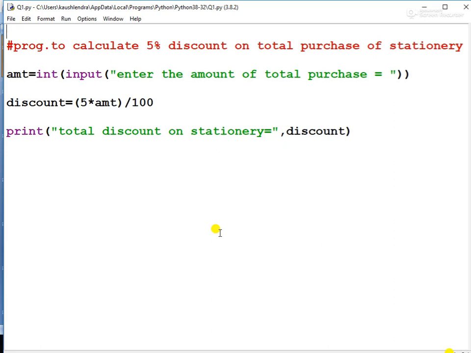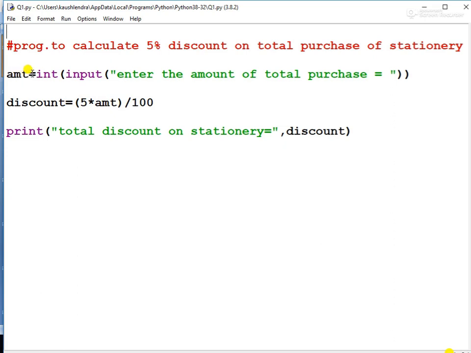So here I have already taken 2 variables, AMT and discount. AMT is used to store the value of total purchase and discount is used to store the calculated amount of discount.